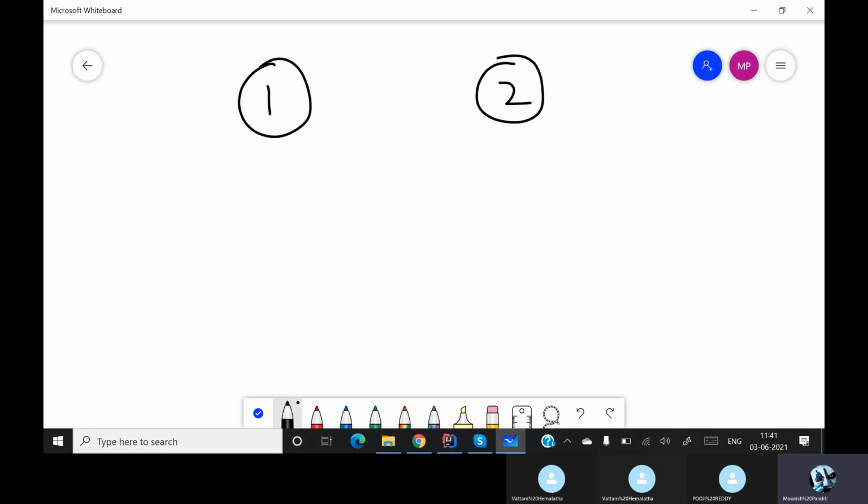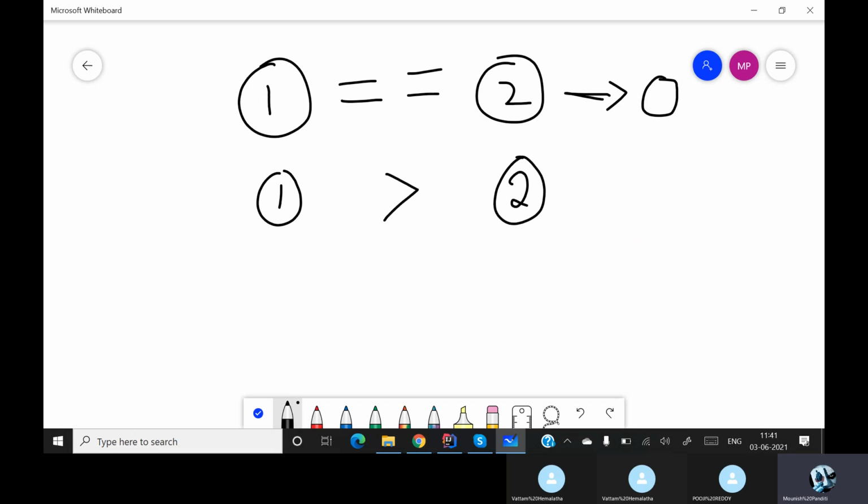If part 1 is equal to part 2, then the compareTo method will return 0. At the same time, if part 1 is greater than part 2, it will give me any positive value, not only 1. It will give any possible value.